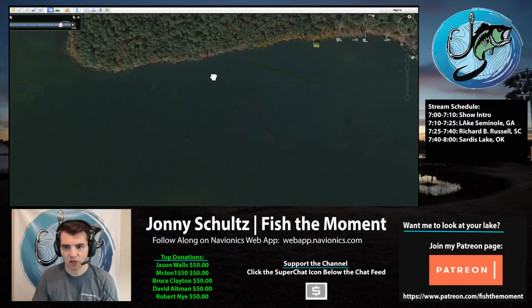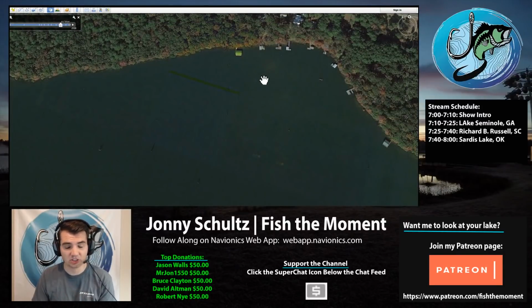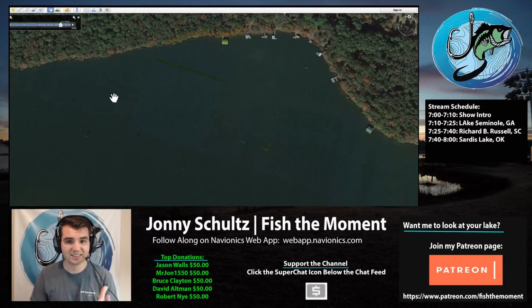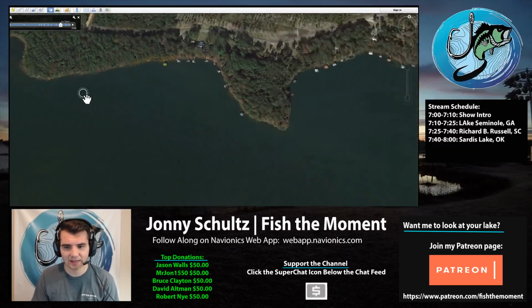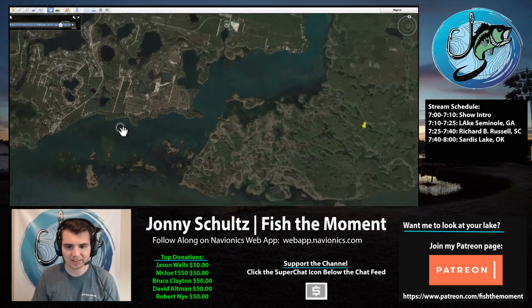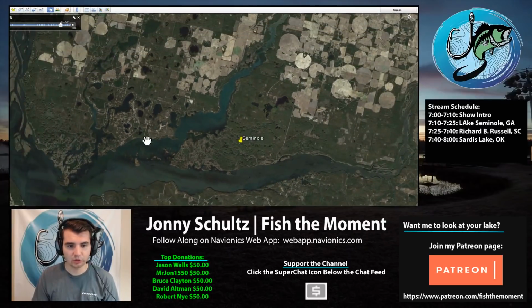and he was catching some fish. Again, fishing that lipless crankbait, fishing a chatterbait, stuff like that in the grass in 4 to 6 feet of water, maybe all the way up to 2 to 3 feet of water on warm days. And then, catching those pre-spawn bass that all the pros were ignoring because they were all up shallow catching the spawning bass. So those are some ideas on Lake Seminole that you can use, and ideas that you can hopefully apply to your home lake when you